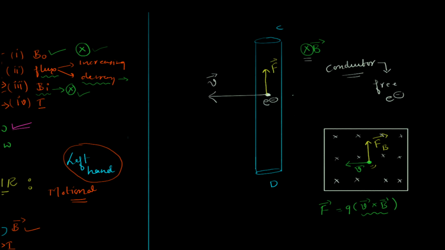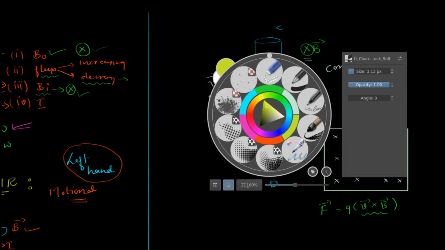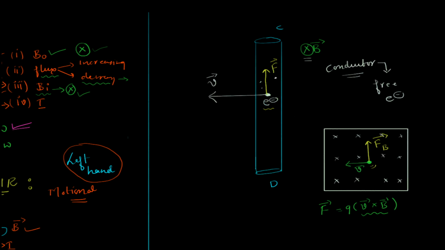Wait a minute. Actually, the electron was not going upwards. In a conductor without battery, electrons don't move in a single direction. But looks like this electron is going upwards. And this electron is not special. This is no different electron than any other electrons that you have here. So I'm thinking all the electrons that we have in the rod CD are going to experience force in upward direction, and as a result